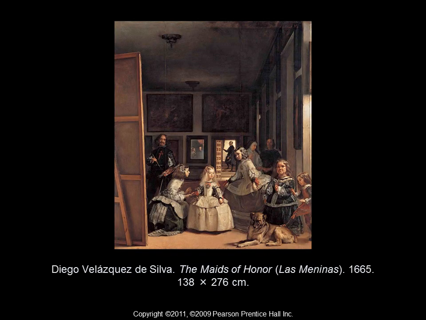There are opportunities abound for artists in the 1600s to make a pretty decent living for themselves. An artist could survive off of doing works for the church, for wealthy merchants, or for nobility. Artists who worked for nobility and made portraits were called court painters. One of those painters was Diego Velázquez de Silva. This painting is Las Meninas, or the Maids of Honor, from 1665.